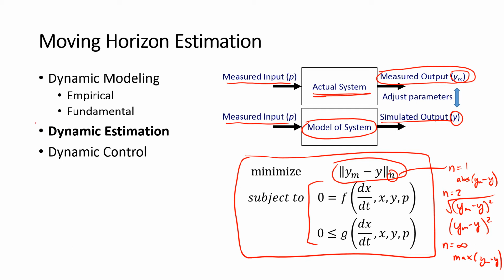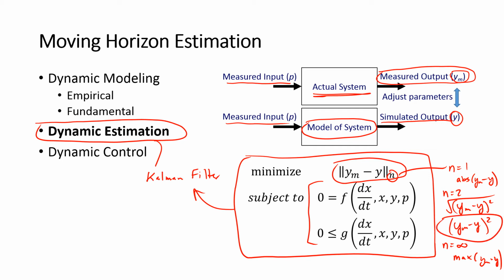Okay, so in the overview of the course right now, we are talking about dynamic estimation, in particular moving horizon estimation. There are other approaches as well. The Kalman filter is another one. Okay, so under certain simplifying assumptions, moving horizon estimation will be equal to the Kalman filter. So if you get rid of any constraints on variables, if you set the horizon equal to 1, use the squared error, and there's a couple other simplifying assumptions, it should give the same result as